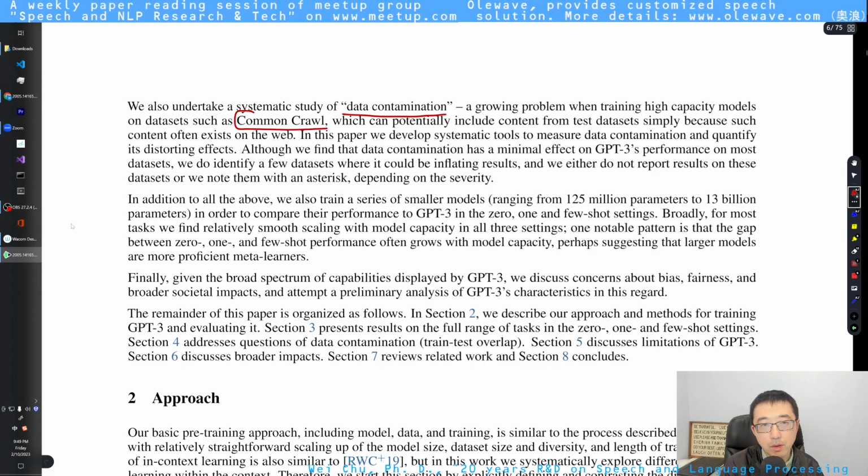For example, they use the Common Crawl dataset, but I think before them, or maybe somebody has done that, most people do not care much whether the Common Crawl dataset contains samples from the test set.